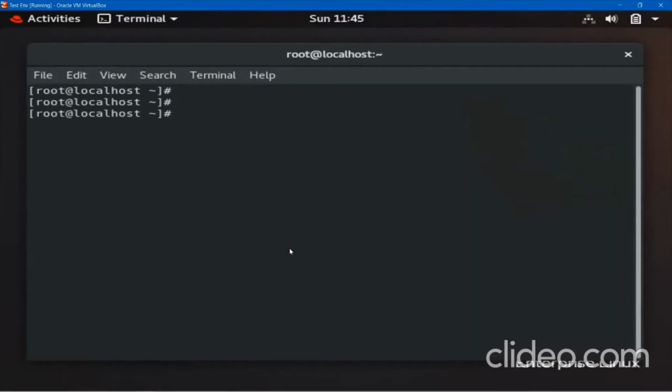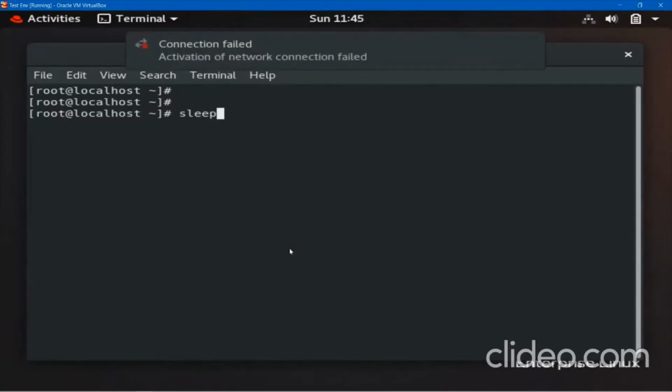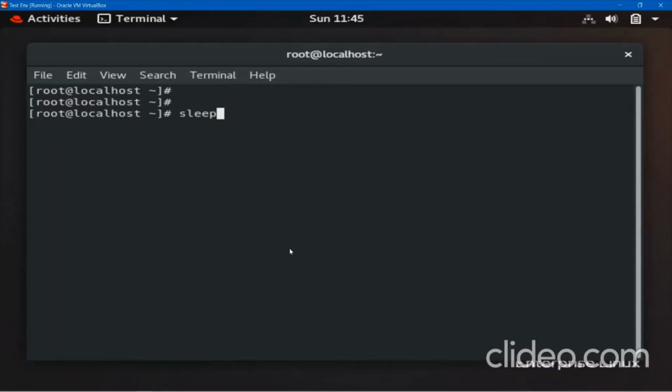So the very first command I want to show you is sleep. Last time, or maybe the last to last video, we discussed the shell. The shell is prompting here. Press enter, and it will execute the command and give you output. If you want to pause the shell for some time, maybe 5 seconds, there may be some requirement come up in your project. Like if you want to pause the program for 5 seconds or maybe 10 seconds, there you can use this command sleep.